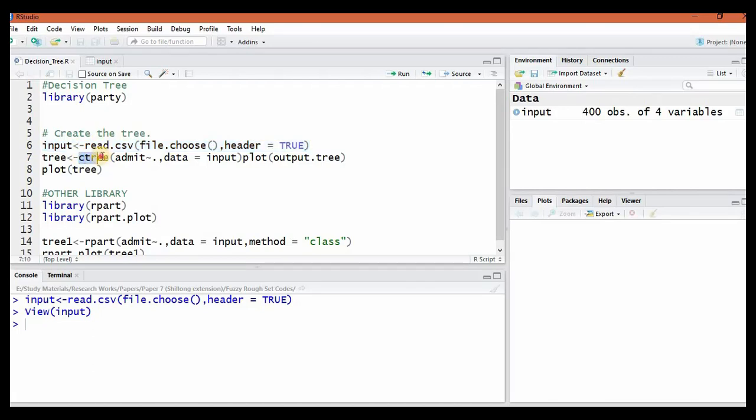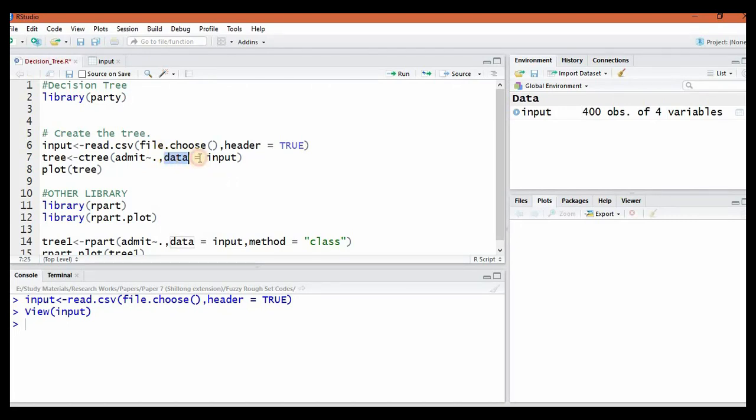ctree is the command to build the decision tree, and it takes arguments like admit, which is the decision attribute, and it depends upon all the attributes. So admit is dependent upon all the attributes. Dot is used to signify all the attributes.